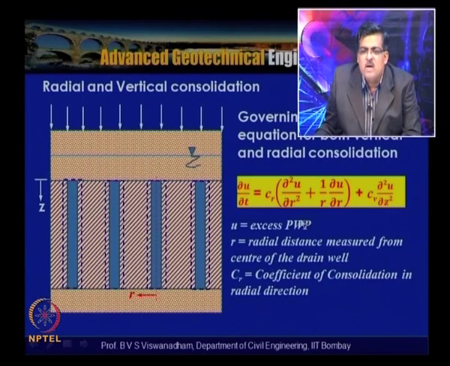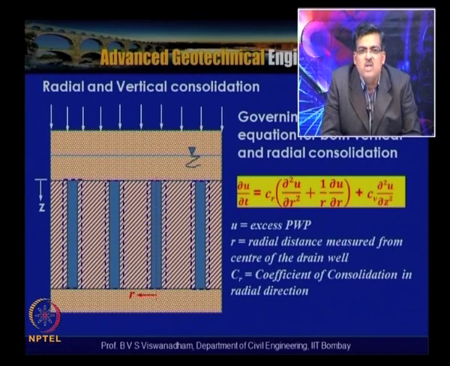So if you look into this, we have discussed previously the one dimensional consolidation where we have only this particular component. Now, because of the radial component we have Cr, the coefficient of consolidation in the radial direction, also referred to as the coefficient of consolidation in the horizontal direction. As we know, the coefficient of permeability in the horizontal direction is relatively more than in the vertical direction, because sigma h is less than sigma v for normally consolidated soils. In such situations Ch also will be more than Cv.